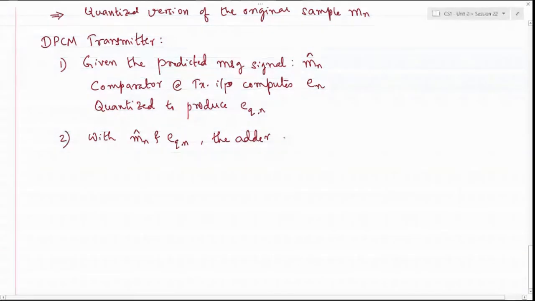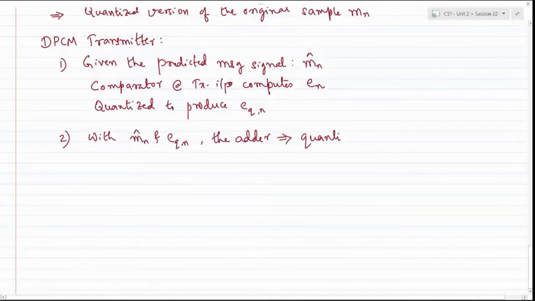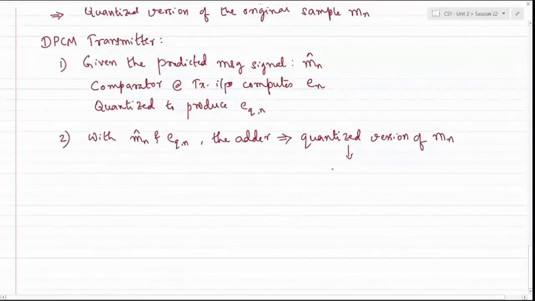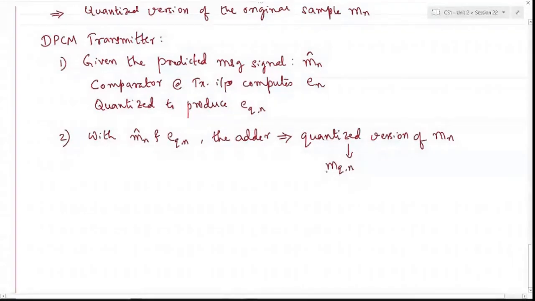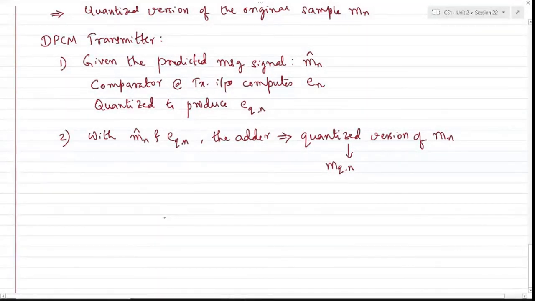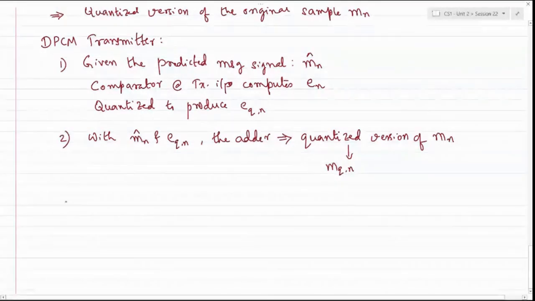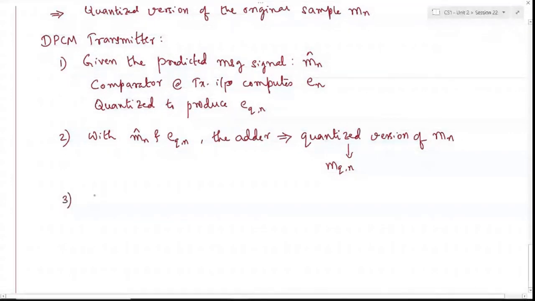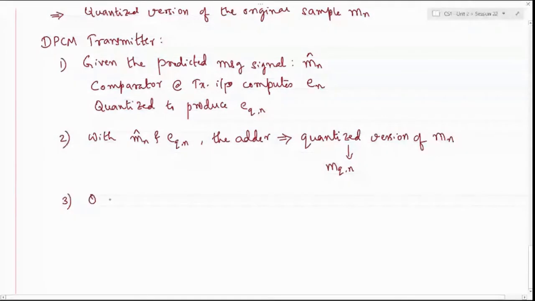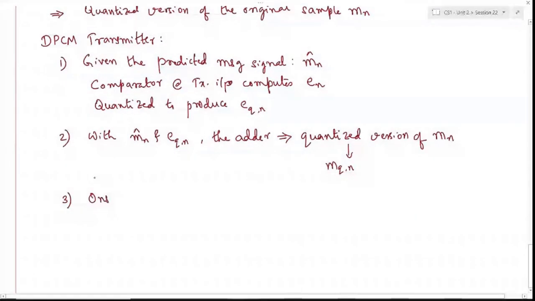Okay, so this produces a quantized version of mn. We call this m q comma n. And finally, at the end, we'll have simply one step prediction